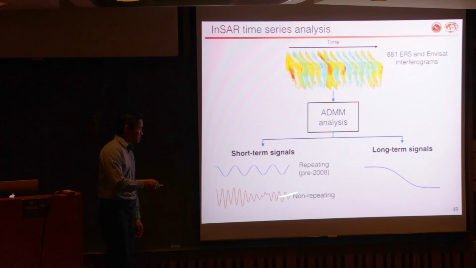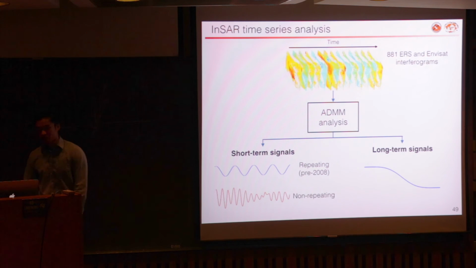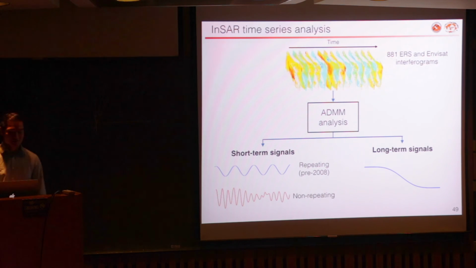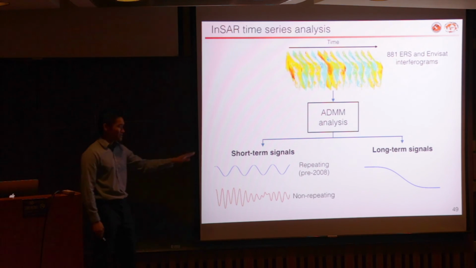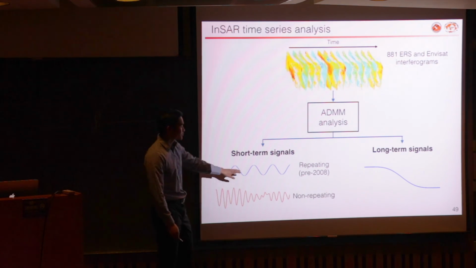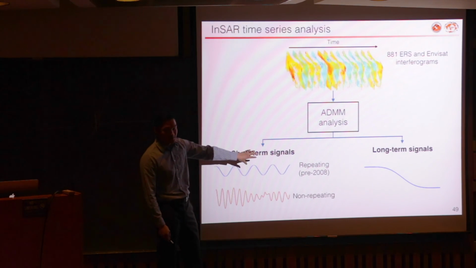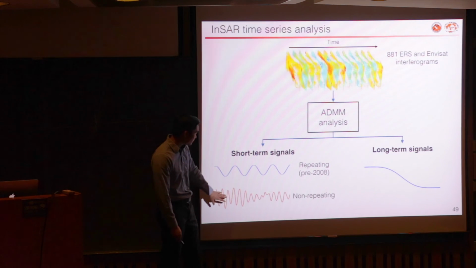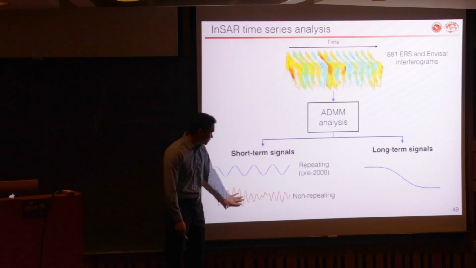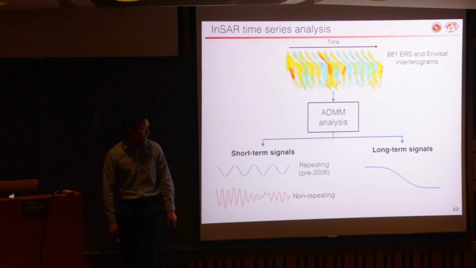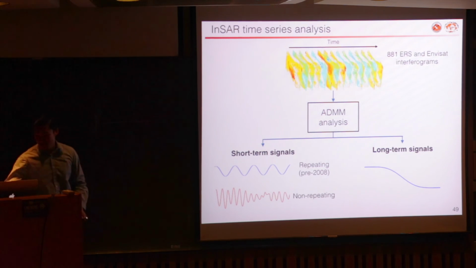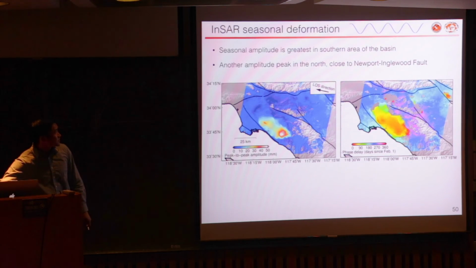For short-term signals, I'm also going to make a distinction here between repeating short-term signals and non-repeating. So repeating is a well-behaved periodic signal that has a constant amplitude and phase. And that's a pretty good assumption prior to 2008, which is when that short-term seasonal shift program ended. But we can also reconstruct non-repeating signals as well. And then we'll look at long-term signals separately. So we first look at